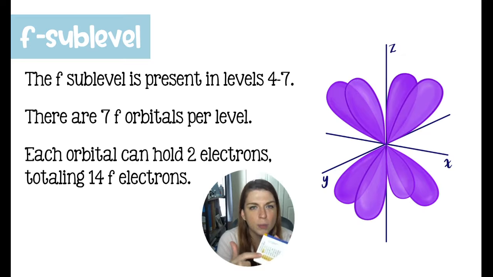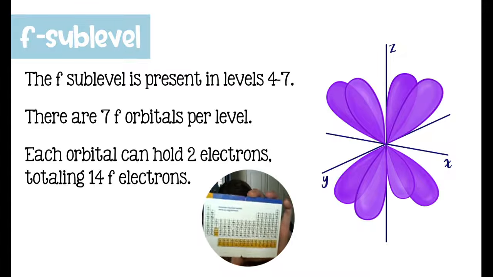There are 7 f orbitals per level. So if we have each orbital holding 2 electrons and there's 7 of them, that's going to total 14 electrons. So on a nicely written periodic table, this block right here down at the bottom, that should be 14 elements wide. Sometimes it'll be 15 elements wide, but that is because the periodic table is kind of broken right here,